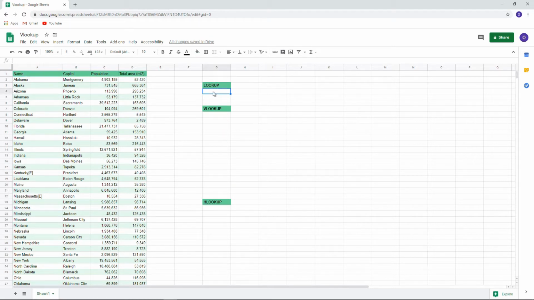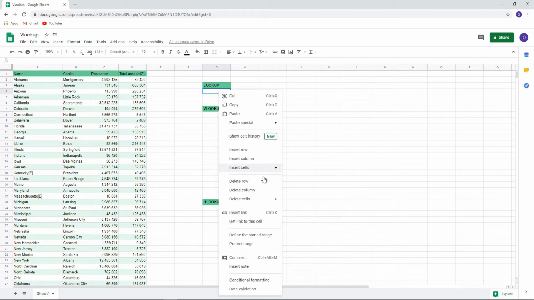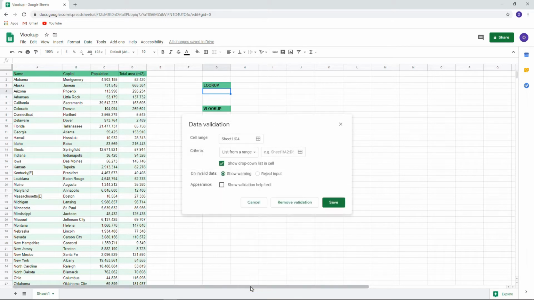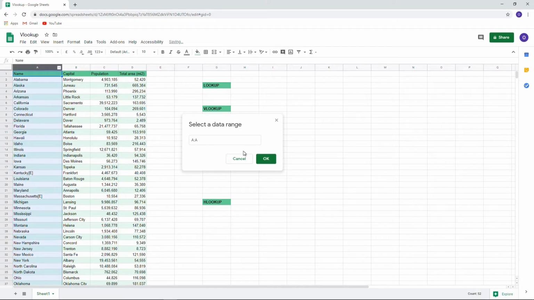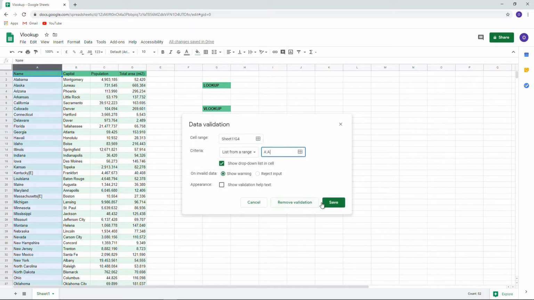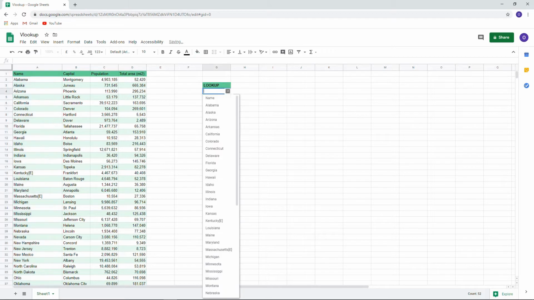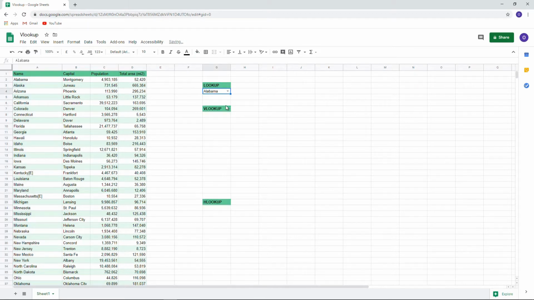Let's begin by selecting what we want to look up. Right-click on the cell and Data Validation. Under Criteria, we want to select the range. Click on column A, OK, and Save. Now we can see that we have a drop-down list with all of the states. We'll choose Alabama, and to the right, we'll type the function